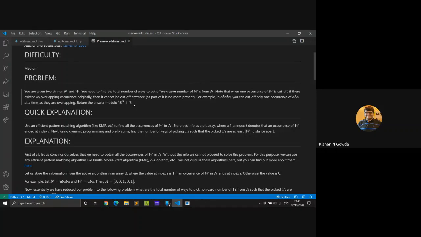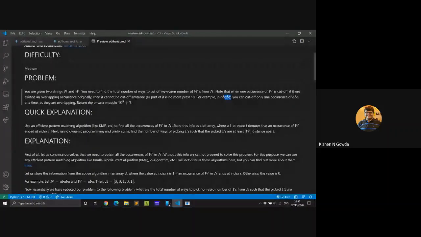If I remove one occurrence of w from n, and there was some overlapping occurrence, for example, ABA, and you want to find the occurrences of ABA in it. When we cut out the first occurrence of ABA, though there was another occurrence over here, as this A got cut off, this second occurrence is no longer a valid occurrence.